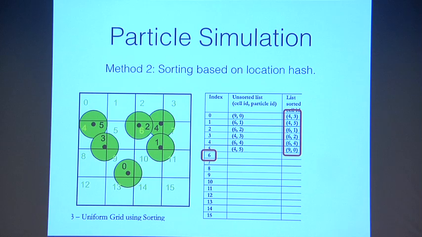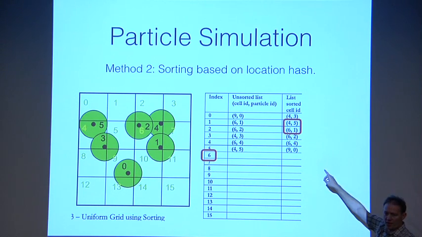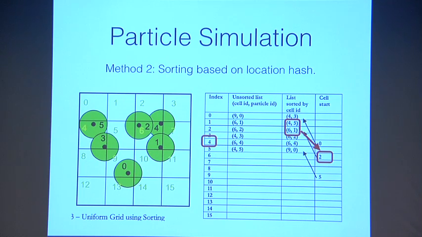That's a very simple per-element check where you load up this position and look one back, and if that's different than where I am, right? If there's one thread that looks at this value and the value just before it, when it detects a change, that can only happen at one point in the list. The change from 4 to 6 can only happen once. So it can say, well, I see a change, so I will go and write here at 6 that the 6s start at 2. Is that right? And no other thread will do that.